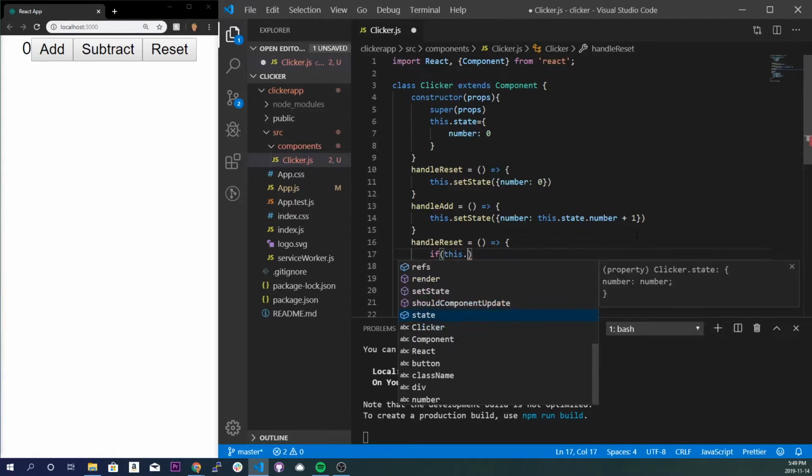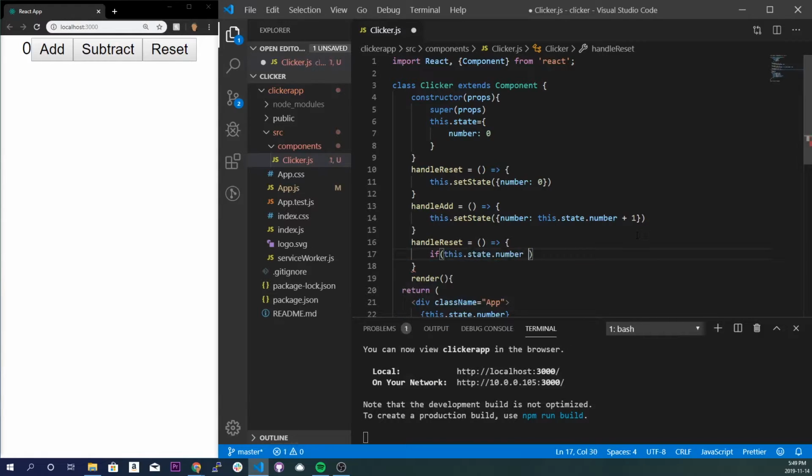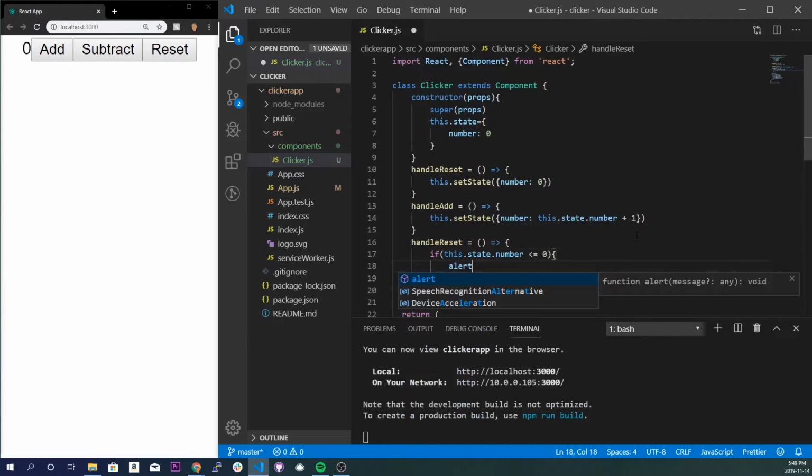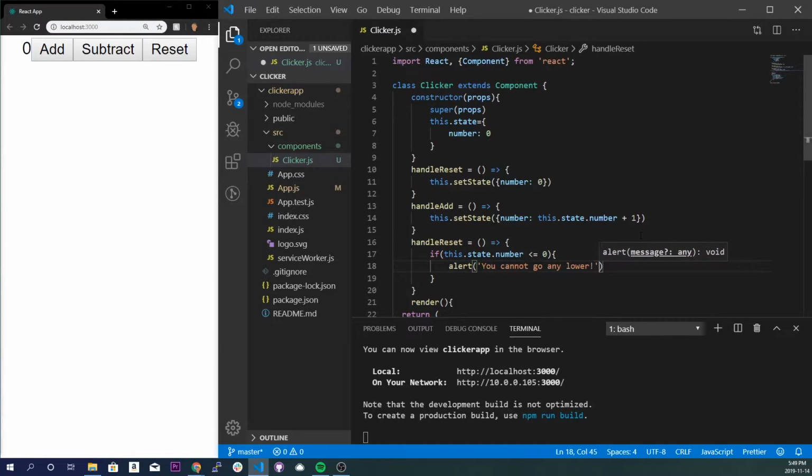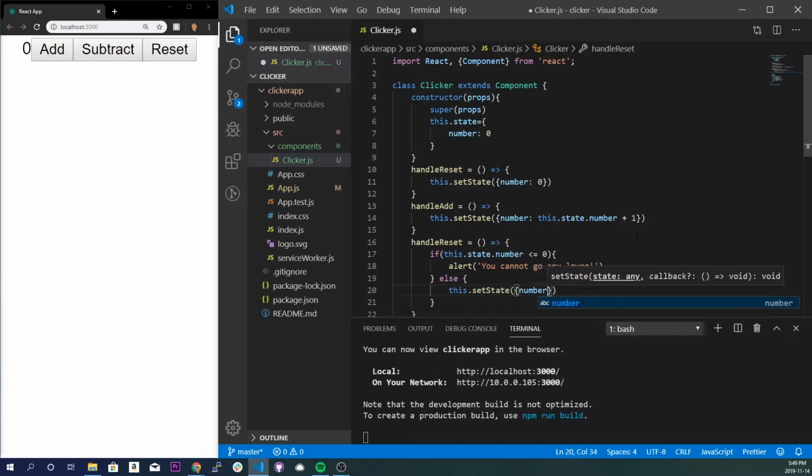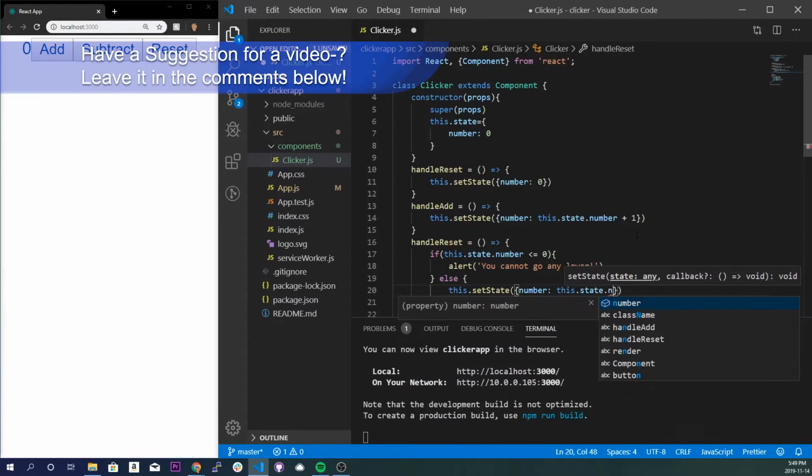So if this.state.number is less than or equal to 0, alert or console log, whichever you want to do, alert, you cannot go any lower. Else we will do this.setState of number, this.state.number